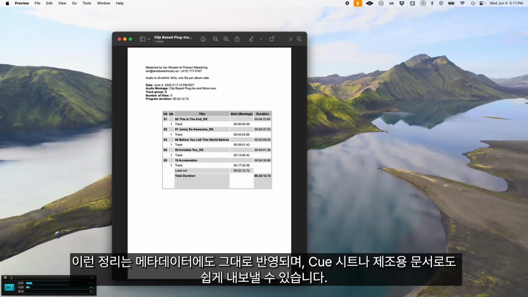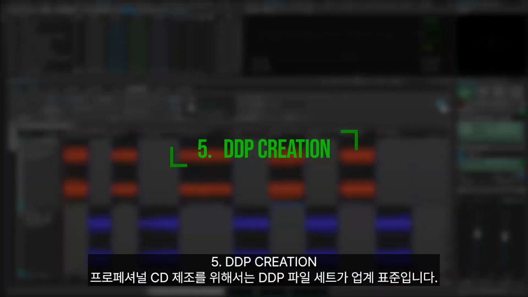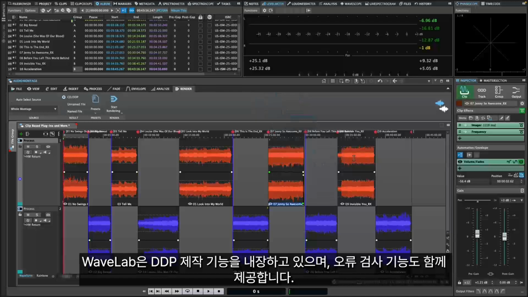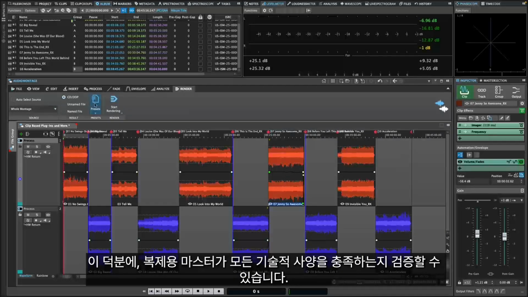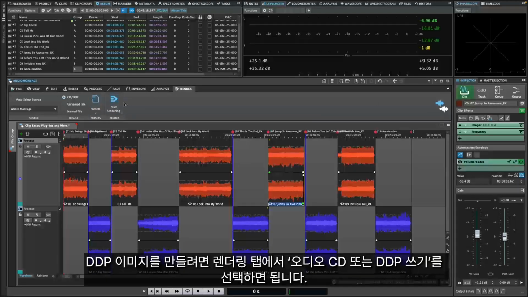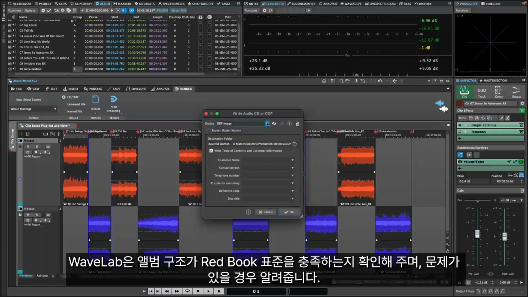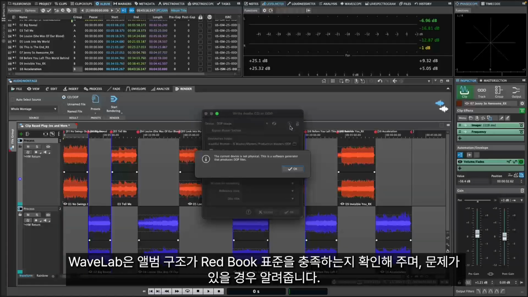for manufacturing. For professional CD manufacturing, a disk description protocol, or DDP file set, is the industry standard, and WaveLab offers comprehensive DDP creation with built-in error checking. This ensures that your masters meet all technical specifications for replication. To create a DDP image, simply go to the Render tab and select Write Audio CD or DDP, and WaveLab will verify that your album structure meets Redbook standards and alert you to any potential issues before generating the final